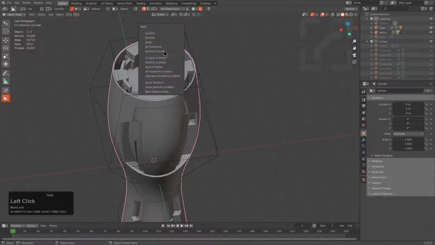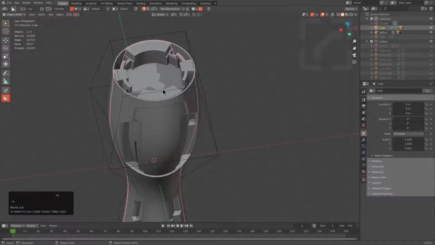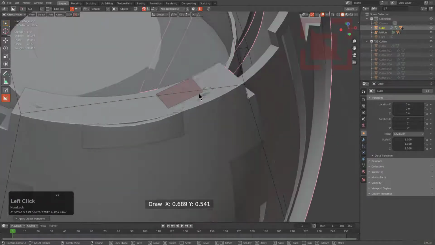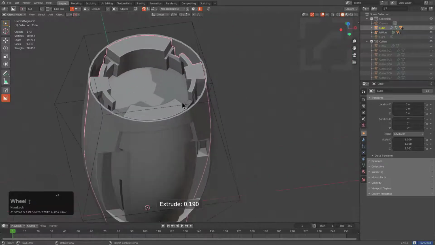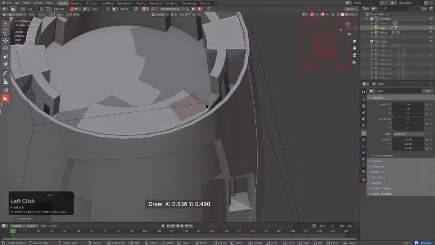Let's apply visual geometry to mesh, maybe. First, let's apply the scale, and I just want to try that one more time. Okay, there's something happening there. So let's do visual geometry to mesh, and then we'll perform this line box cut, and we see that even